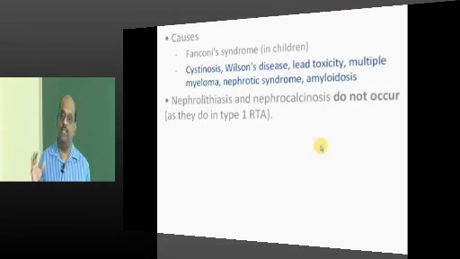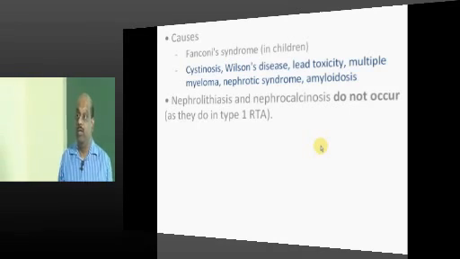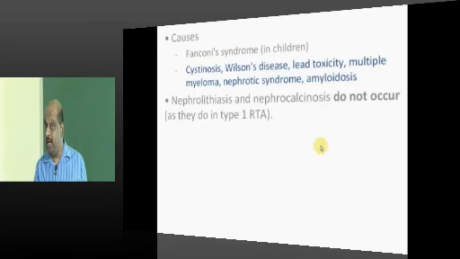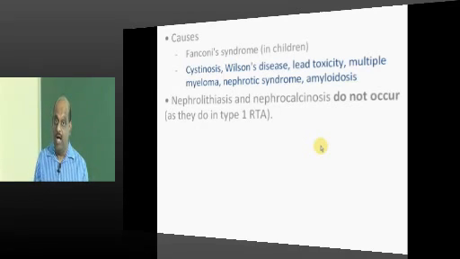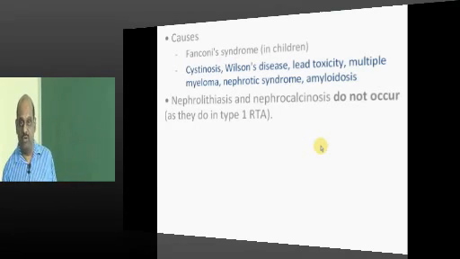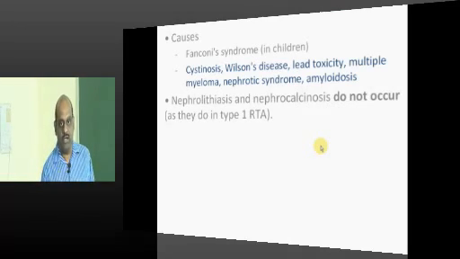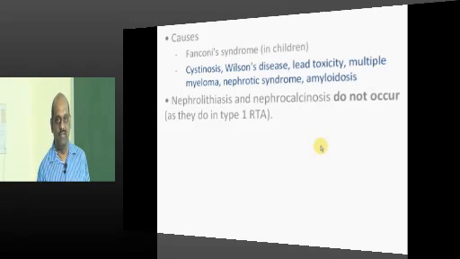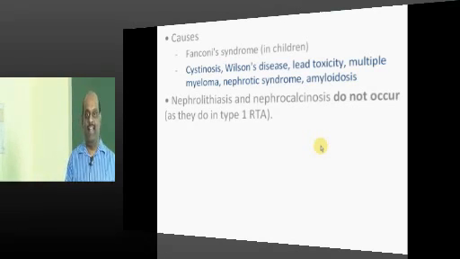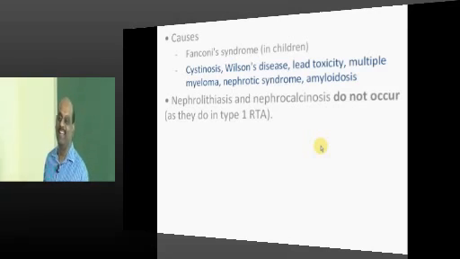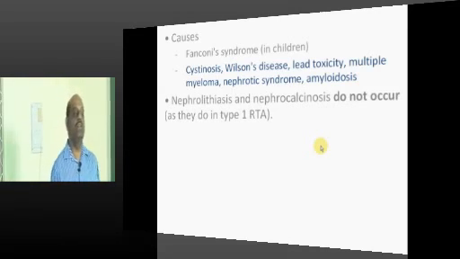Type 2 RTA, which is proximal RTA. You may say, sir, in proximal RTA bicarbonate is not reabsorbed, no? All that bicarbonate will go into the distal tubule, no? So that should lead to alkaline pH, no? Did you get that doubt? Okay, I assume that you got that doubt. So if you got that doubt, the answer is,